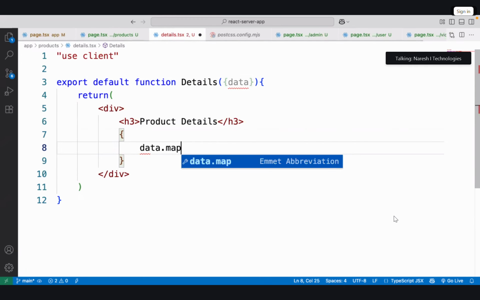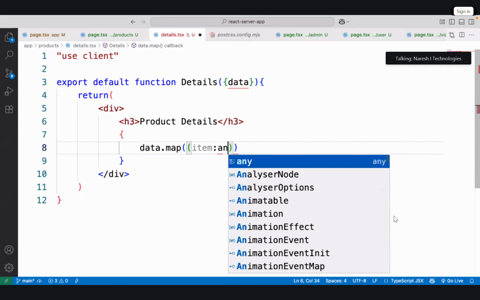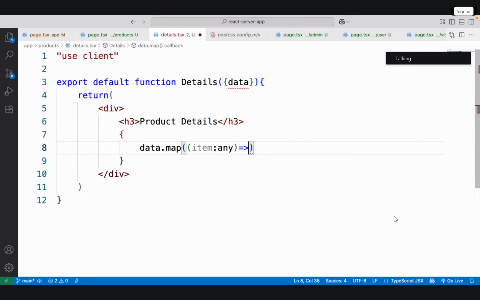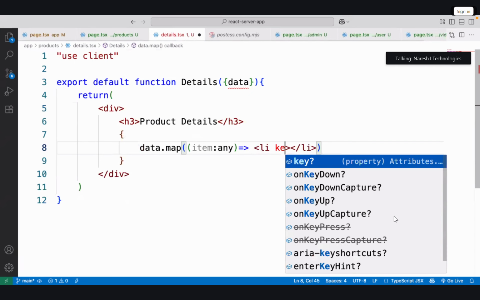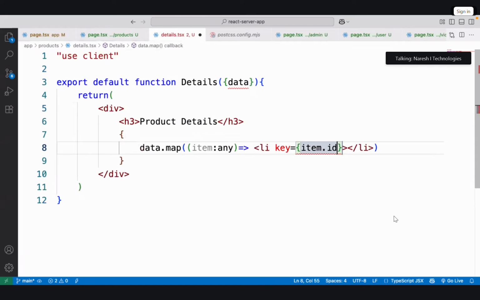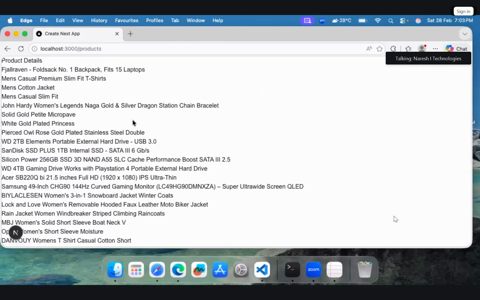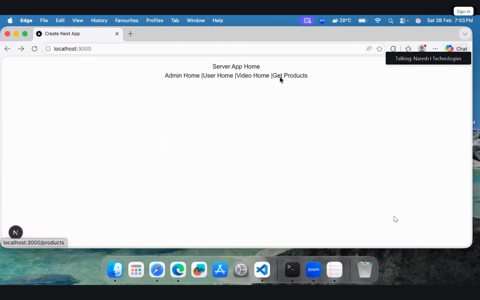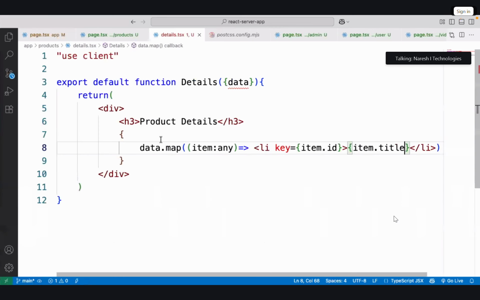Data dot what? Map, read every item. Every item is what type? Any type. Temporarily, I will create a li, key. We'll have item.id, and here we are using item dot title. Okay, now it is coming. So yeah, now it is fine, right?